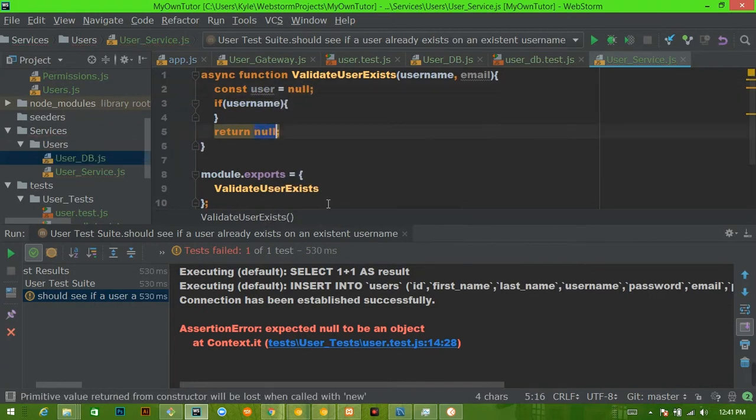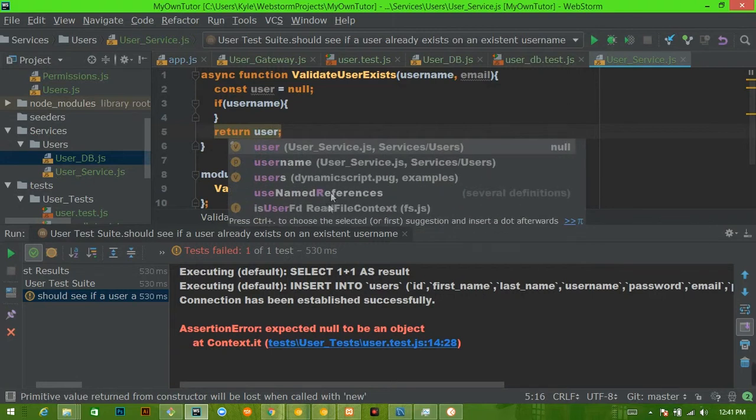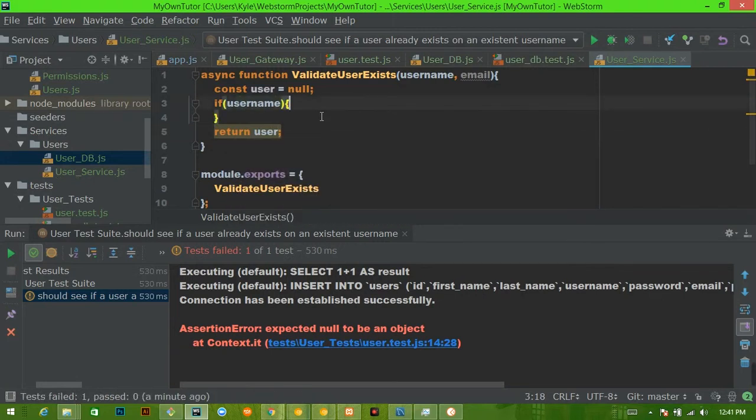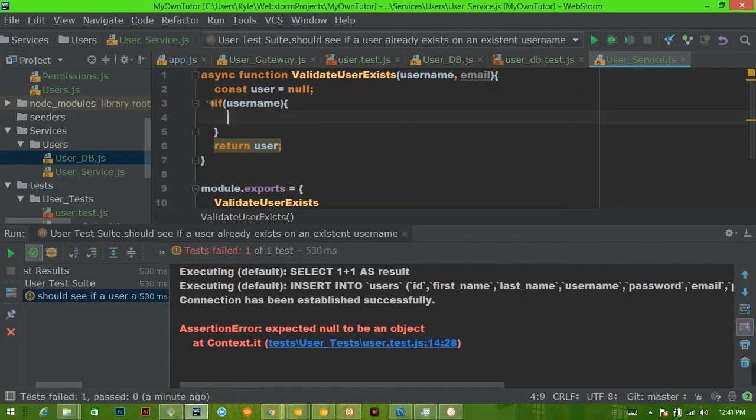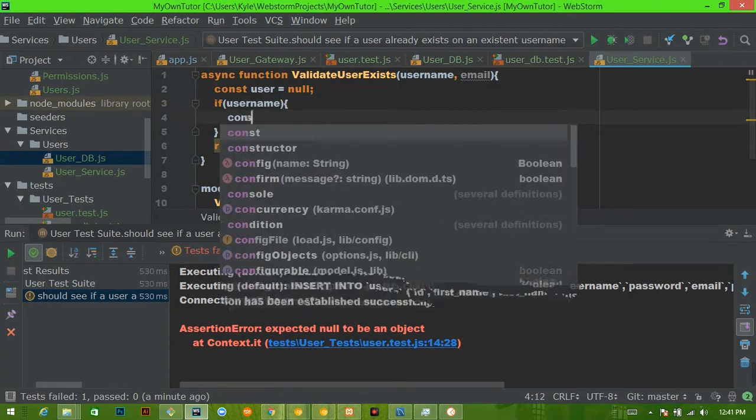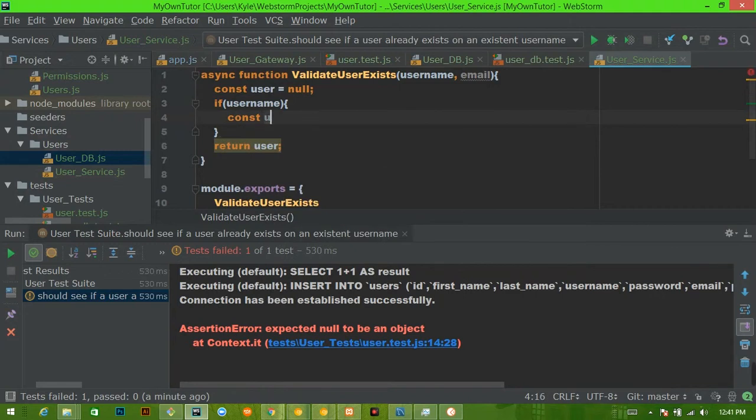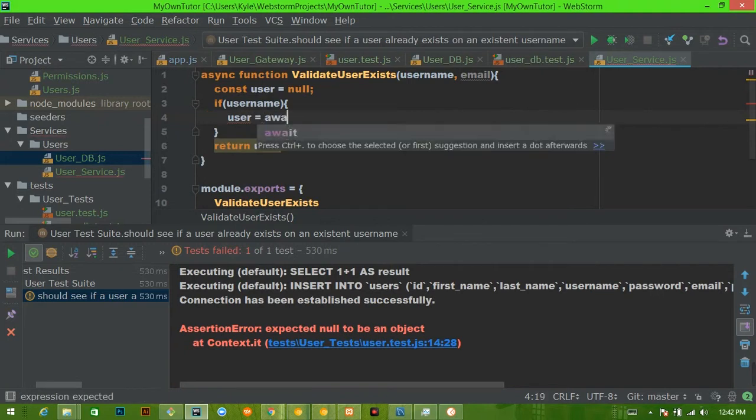And then here, we're actually going to return user no matter what, because now user equals null. If username was passed in, let's run const. Let's see. Nope, not const. So user equals await, and let's say